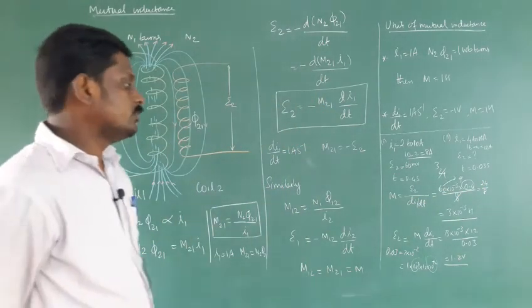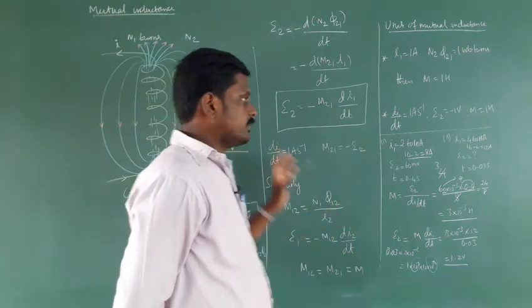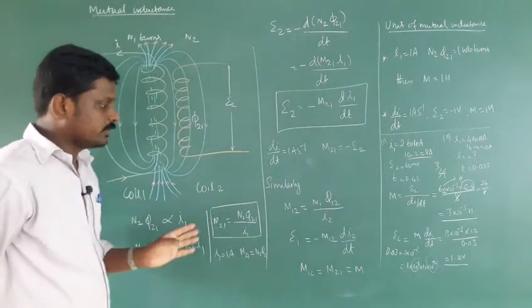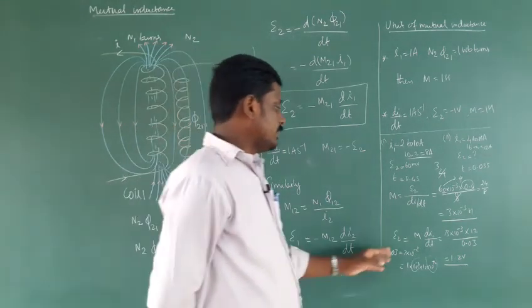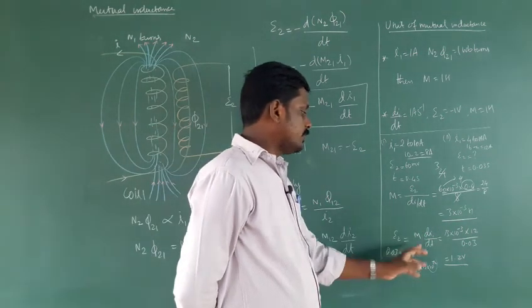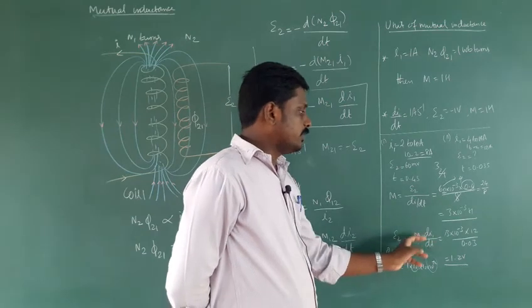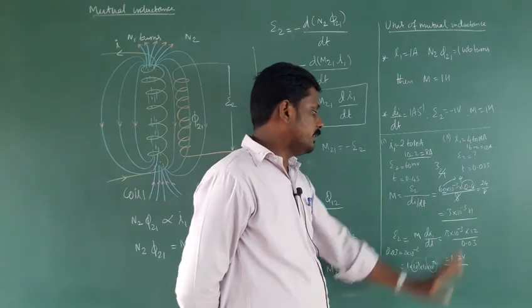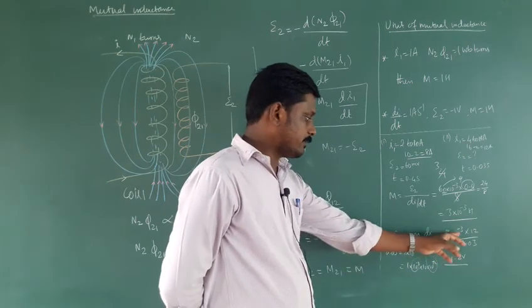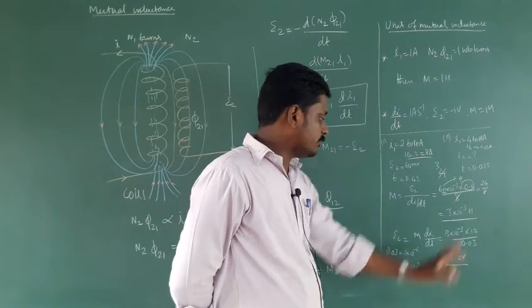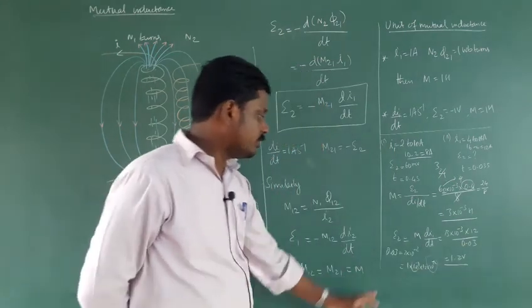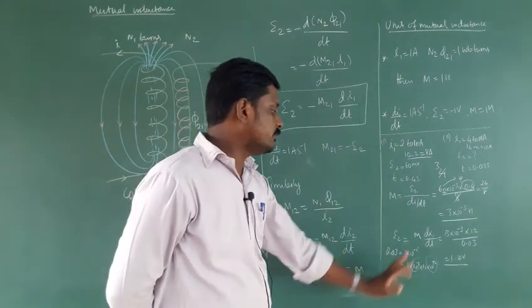They are asking this, and again we know the mutual inductance of the coil. I already told you the mutual inductance is the same, so here M12 is equal to M21 is equal to M. So the induced EMF is equal to M di by dt. We already found the mutual inductance equal to 3 into 10 power minus 3 Henry. Di by dt: the change in current 16 minus 4 is 12, then time 0.03, which we can write as 3 into 10 power minus 2.